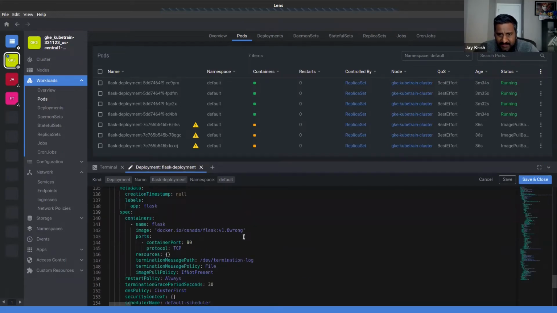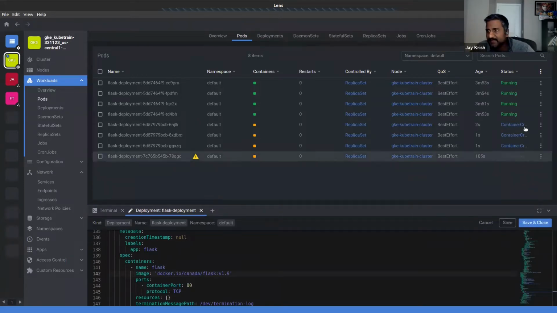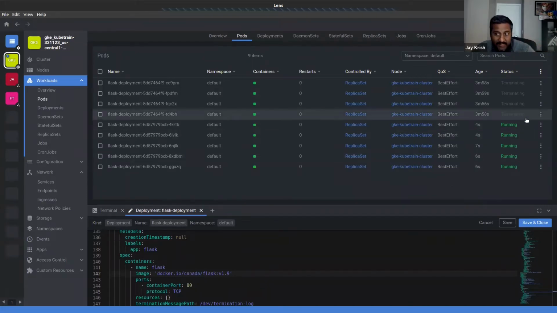Okay, where is our version? So we know 1.9 exists. Now, if you see, I save, and look, now it says my deployment is complete, and then it is creating the container, and just after it creates the container and puts it behind the service, then it will destroy the old ones. Only then it will destroy the old one. So now if you go here and refresh, you should see the new version 1.9. See? Refresh continuously, it will be refreshing.